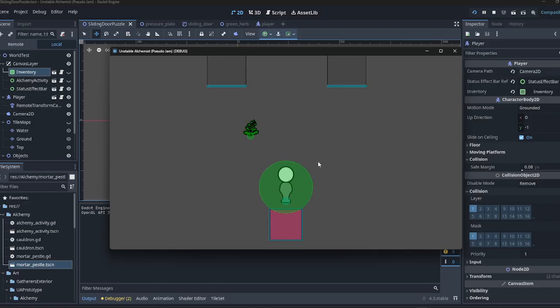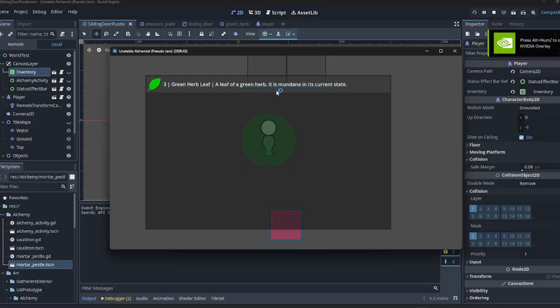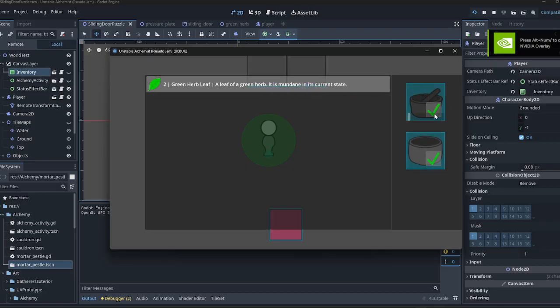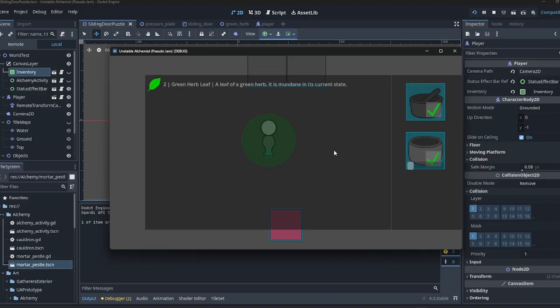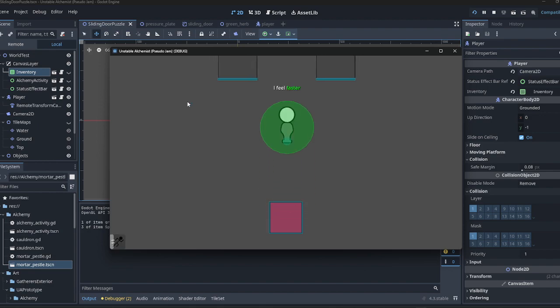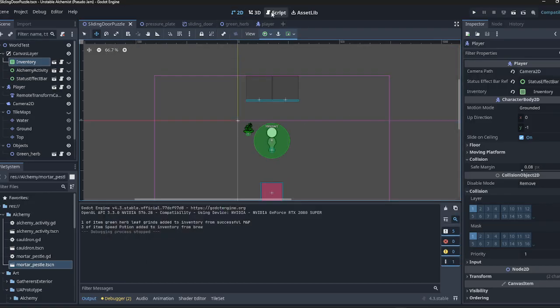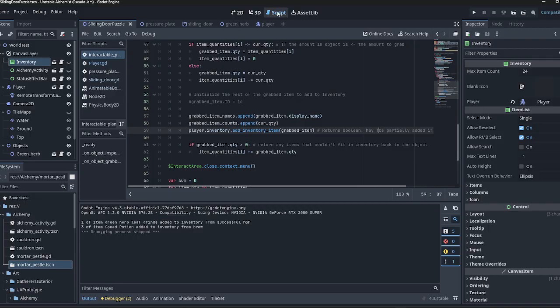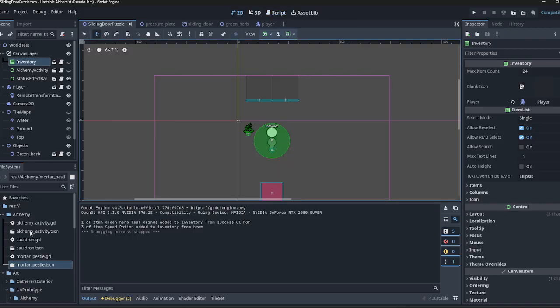Yeah, I'm gonna have to fix this at some point so I don't have to keep doing all this stuff. So grind up the herbs, get a little bit of grinds, and then throw in the cauldron, speed potion, and then go faster, can make it through the door. I should add, for testing purposes for me,